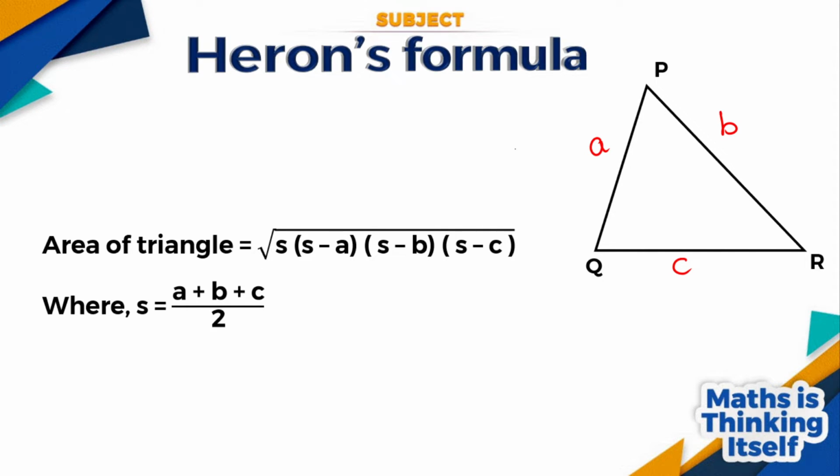So now it is very simple to find the area of a triangle by using Heron's formula. We only have to know the values, substitute them and do the calculation, and you get your answer. Even if you do not have much previous knowledge, you have learned this formula: S is (A plus B plus C) upon 2, then you only have to substitute the values and solve it. Now with the help of an example we will understand it.